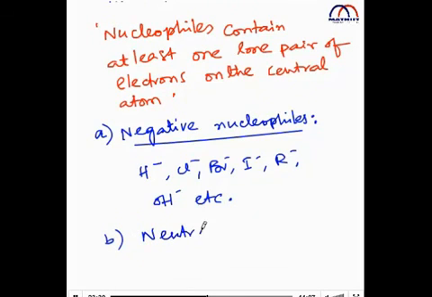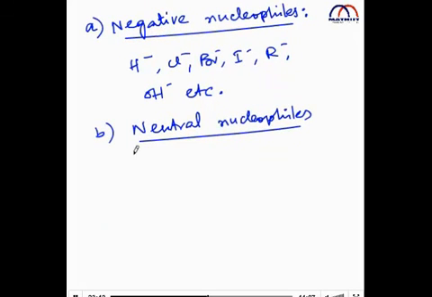Next comes neutral nucleophiles. What are these neutral nucleophiles? These are the nucleophiles which are neutral but contain at least one lone pair of electrons there. Now you can take water. It contains two lone pairs of electrons on the oxygen. Then ammonia, there is one lone pair of electrons there. Next, all amines come under this category there, because all amines also contain